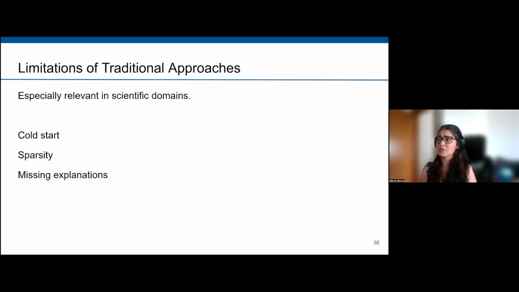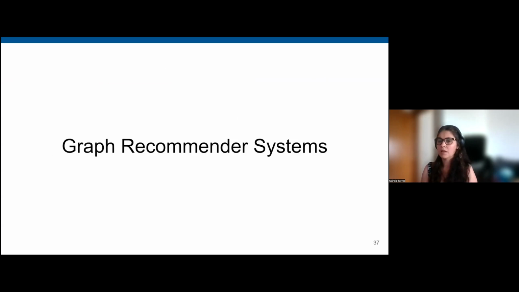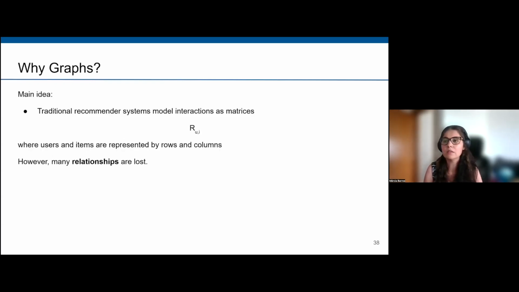Okay, limitations of the traditional approaches. I already told you these more or less, but more specific for the scientific domain: it's the cold start, the sparsity, and the missing explanation. Okay? And to try to mitigate these, we have graph recommender systems, which is the main topic that I'm here to talk about. So the main idea: we have these traditional recommender system models that we already saw,